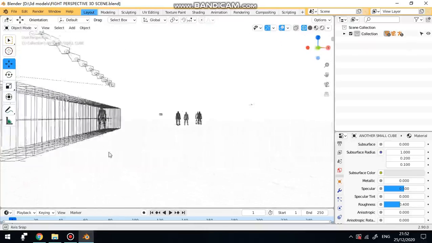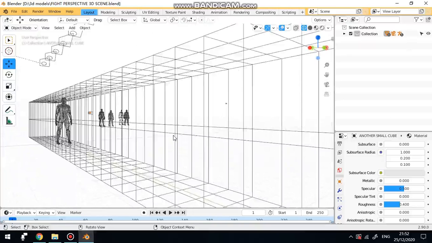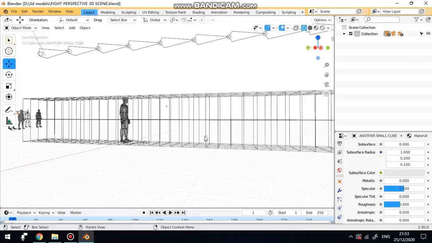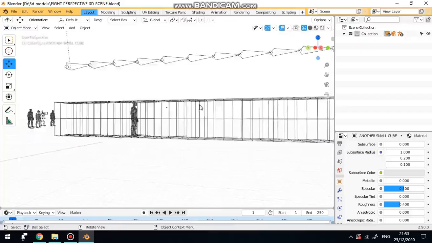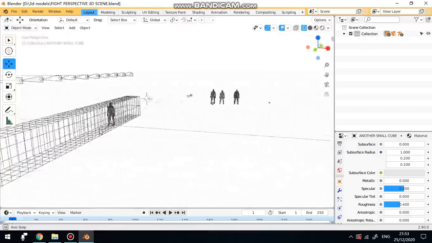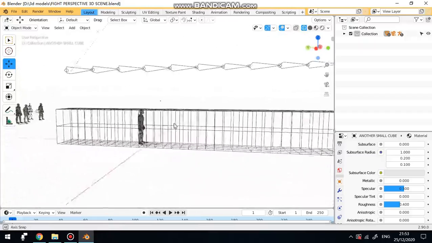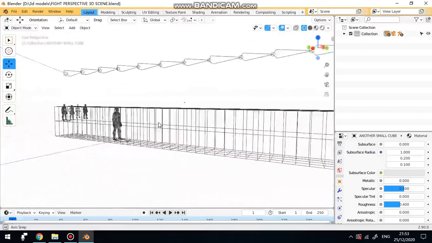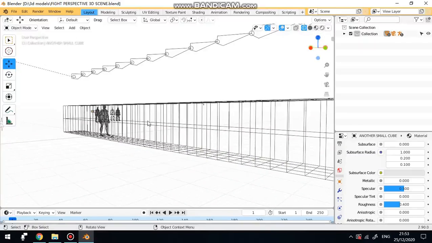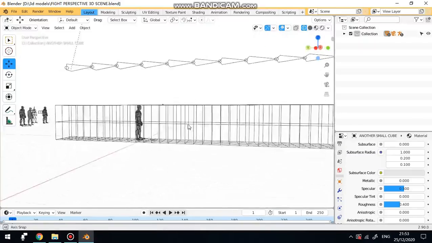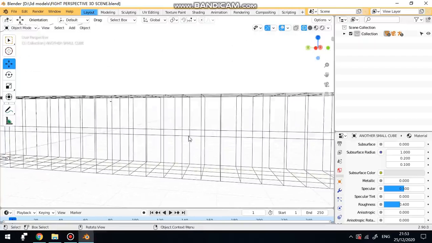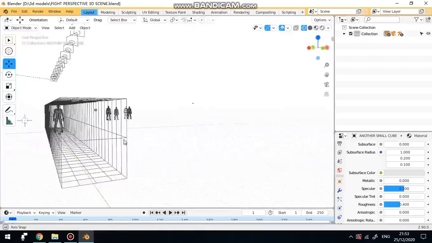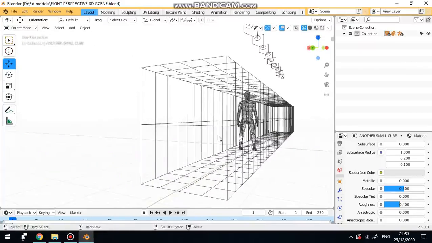What we basically got here is a thing that looks like a corridor. I've made a few updates to this file, and I've not put the other one up yet, but I may be sharing the file if anybody wants it. I think this setup might be handy for people, so you don't have to set it up yourself. It's not a corridor. All it is, is like a line